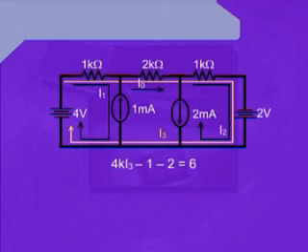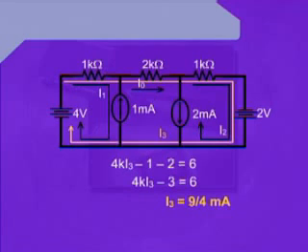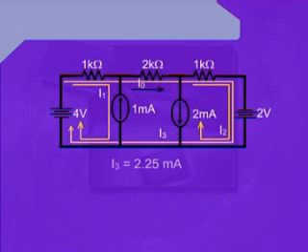Further simplifying, 4k I3 minus 1 minus 2 equals 6, or 4k I3 minus 3 equals 6. Therefore, I3 is equal to 9 divided by 4 milliamperes, or I3 is equal to